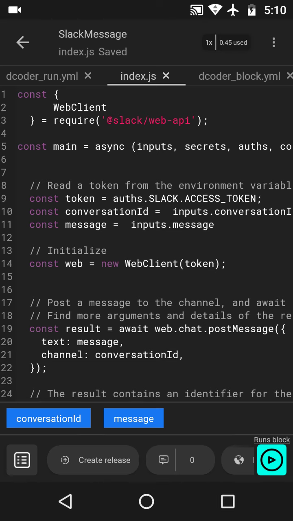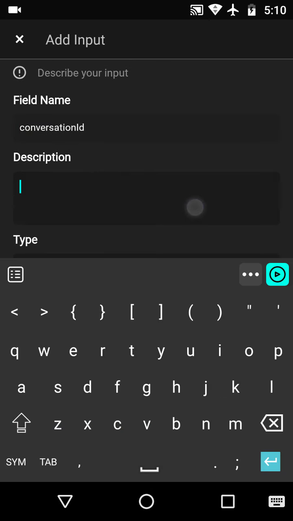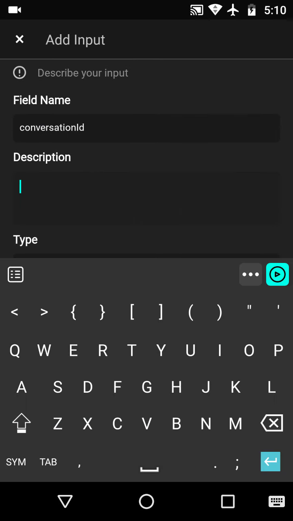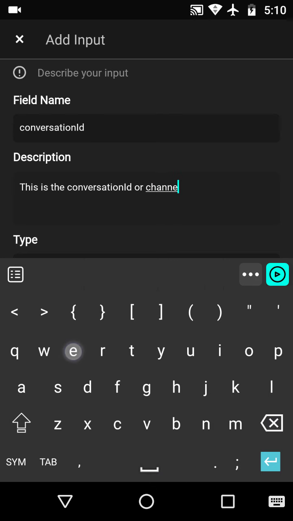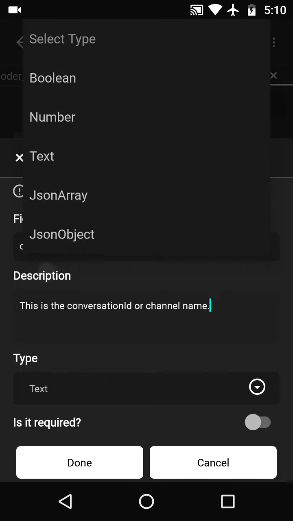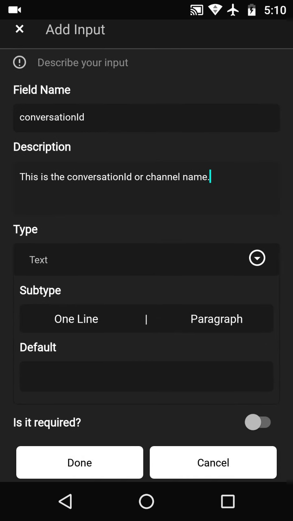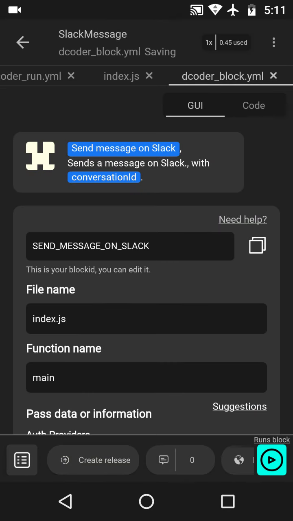Now we can see these blue pills for inputs. Let's click on that and provide the description for this input. This is the conversation ID or channel name. Select text and let's make it required because you cannot send a message without having the channel or conversation ID.